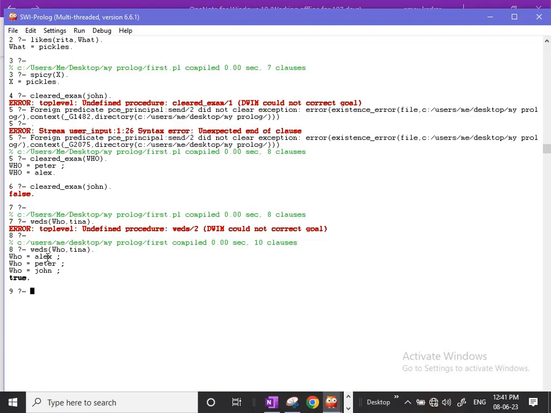Fine. Now when you press semicolon here, it means that you are not satisfied with the answer. I want any other alternate answer. That time